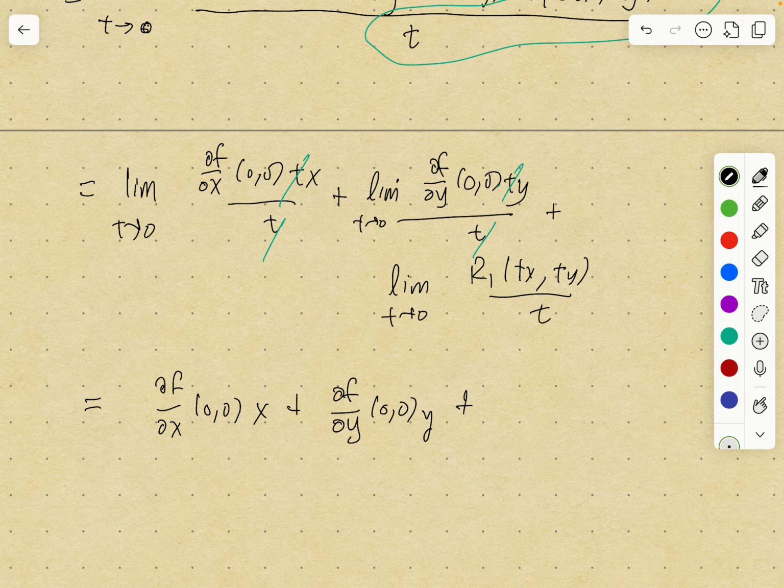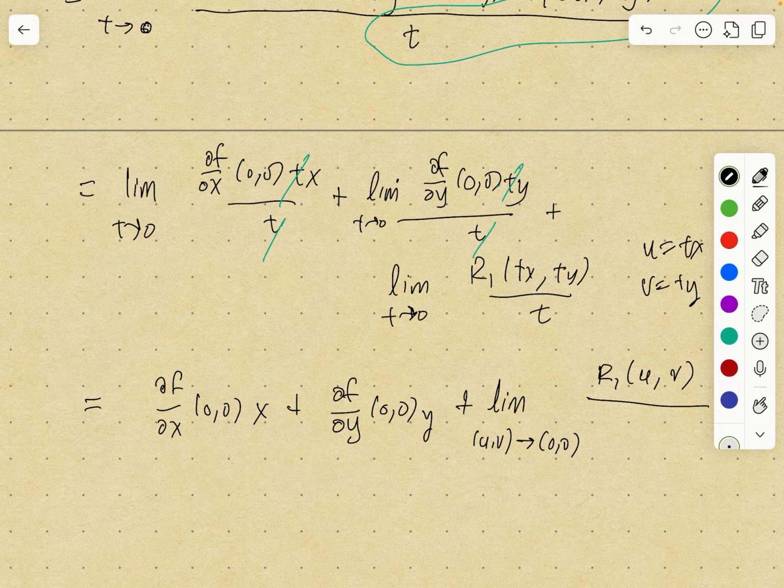Now I'm going to evaluate this last limit. I'm going to let u equal tx and v equal ty. So what's going to happen is when you do that, to say that t approaches 0 is to say that u and v are approaching 0. So this is the limit as (u, v) approaches (0, 0) of r1 of, so tx is u, ty is v, and then t is